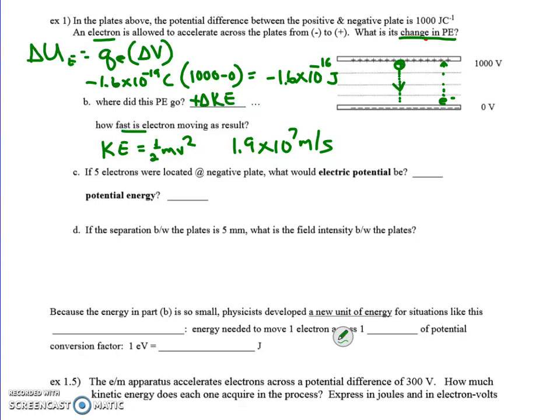Now, suppose we had 5 electrons located at the negative plate. What would be our potential, not potential energy? So initially we had 1 electron, now we have 5 electrons. It's tempting to say that our potential is 0 here, but it's not so simple. This potential is based on a positive test charge. And since we have a negative test charge here at the negative plate, we know that the 5e doesn't want to be near the negative plate. So in fact, its potential would be basically